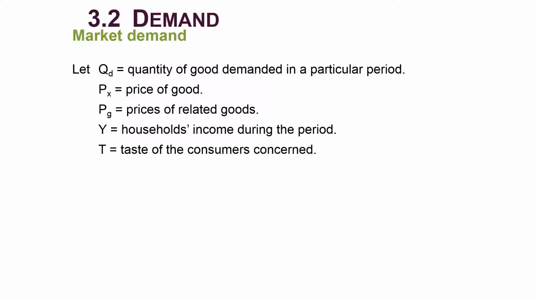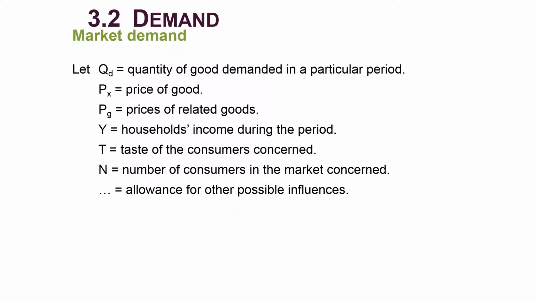T represents the taste or preferences of consumers. N represents the number of consumers in the market. And the three dots give allowance for other possible influences. With these symbols, we can express demand as